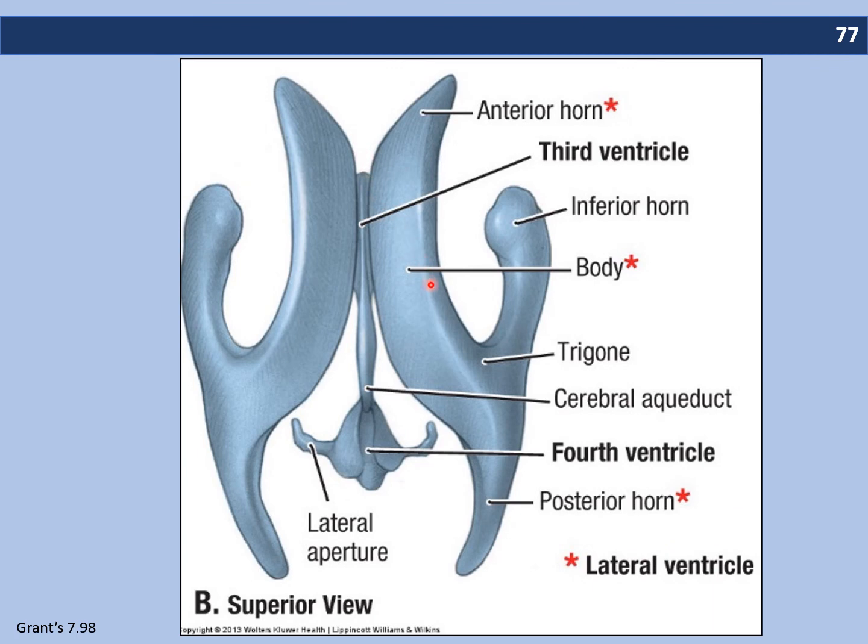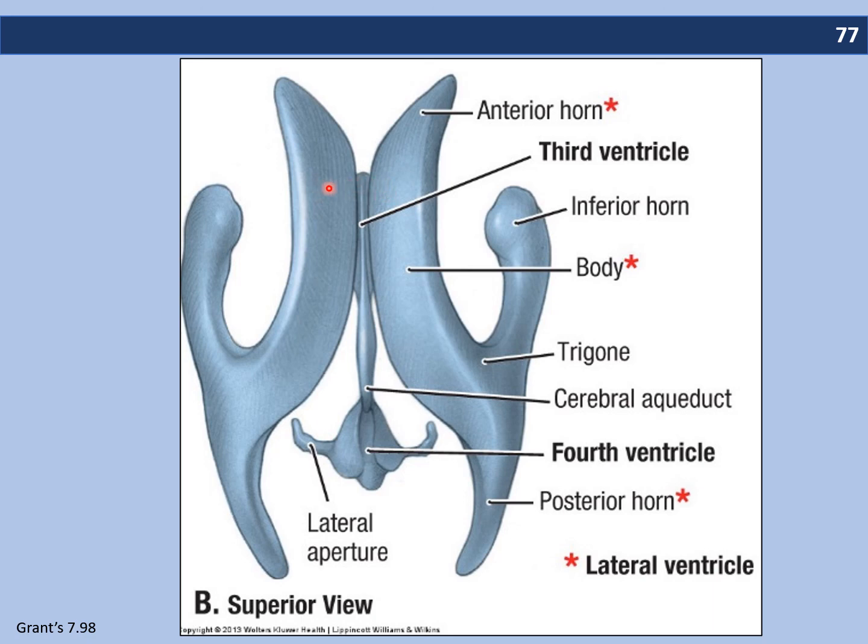Here's another view of those spaces. Imagine that a cast has been made so that those spaces have now become solid. So what you're looking at is the shape of those ventricles, those spaces within the brain. So here again are the lateral ventricles, and